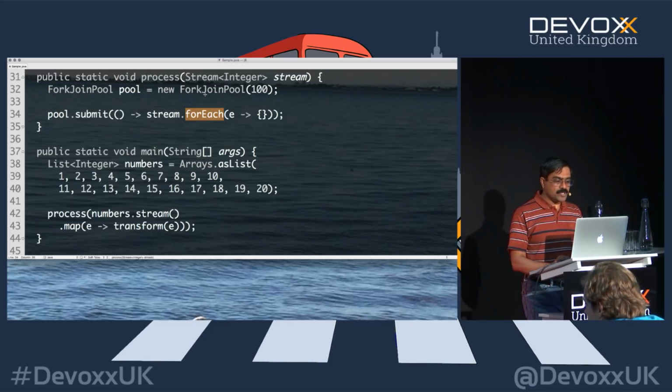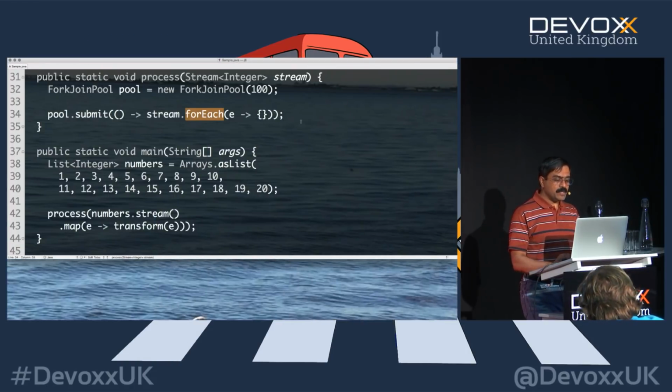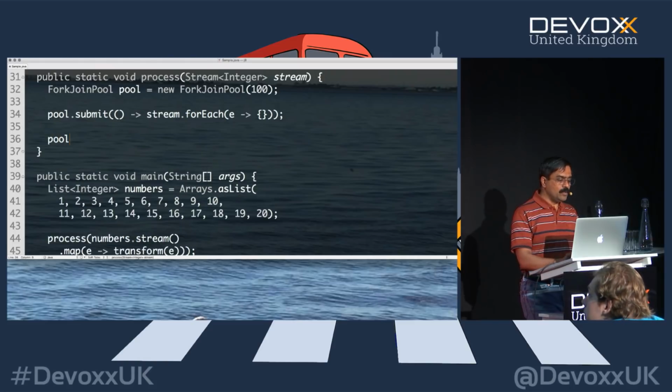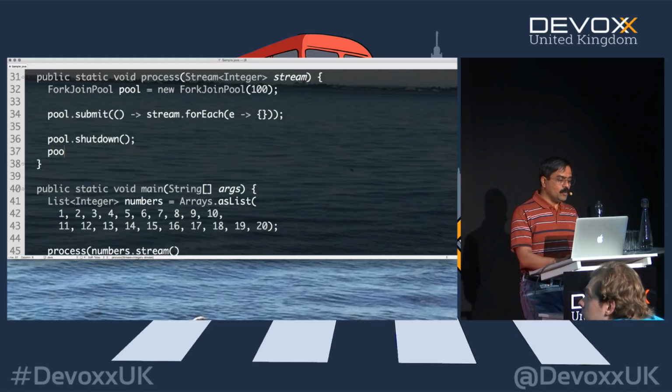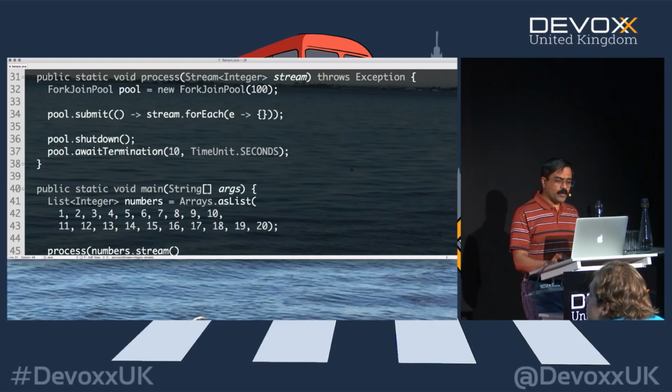As a result, let's see if that's actually true. Let's run this code and see. And well, actually, we want to wait for a termination. We'll do that right here. So pool.shutdown, and then we will say pool.awaitTermination, and we'll give it about a 10 seconds, TimeUnit.SECONDS, a lot more time than it needs. That's going to require exception handling. We'll just simply throw it away, throws Exception, just to communicate that back over there.